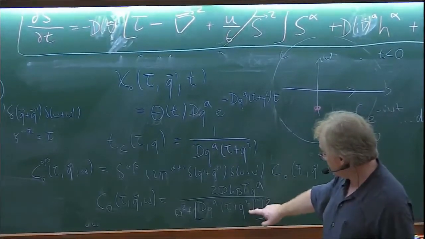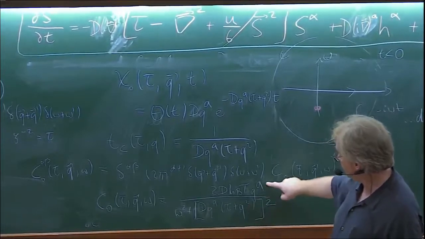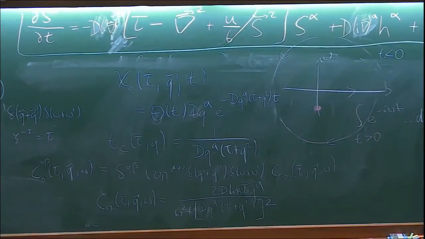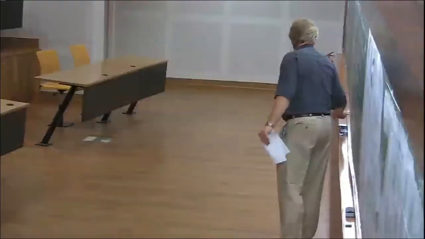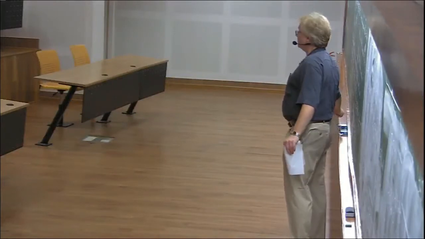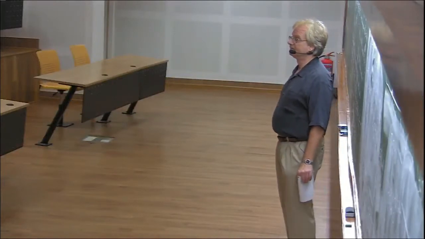So I need to pull out an overall factor q to the 4, and you get q to the 4 minus a. And I was claiming here that the overall prefactor should be c plus 2 minus eta. Eta is 0, c is 2 plus a, so I get 4 plus a here. Works fine. So you can check that. Let me not walk you through this.